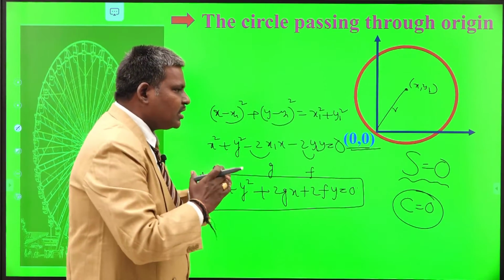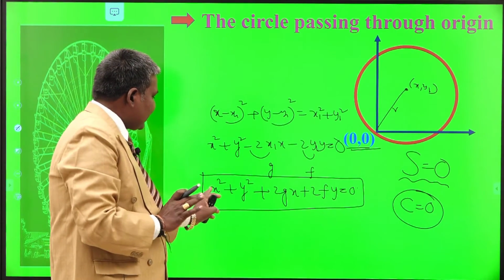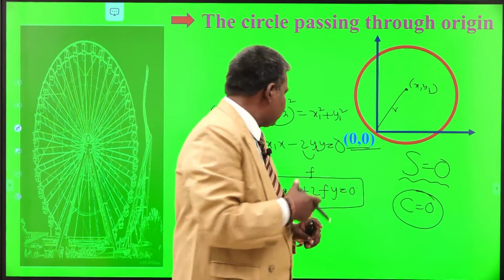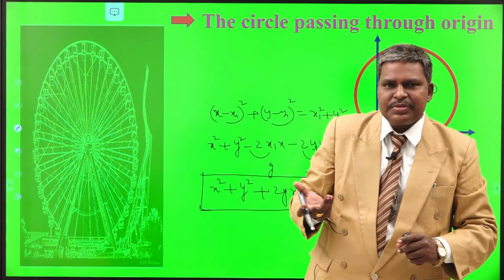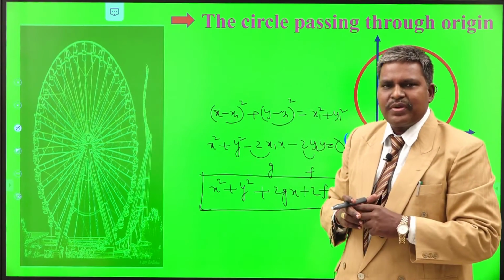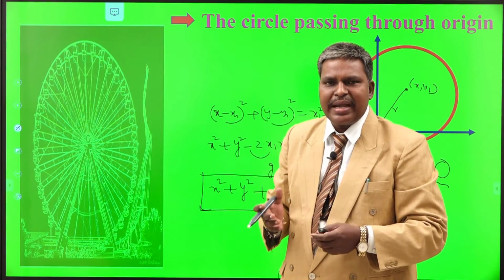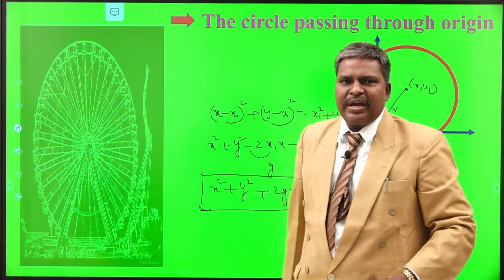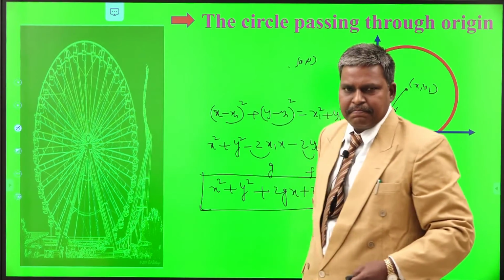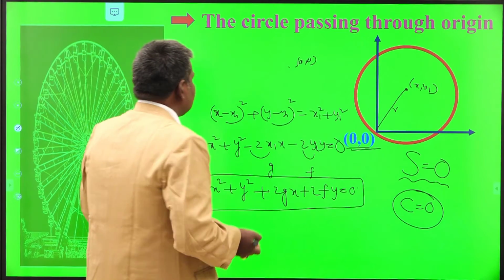No need to guarantee that all the terms x, y, constant will be in the equation. There is no guarantee. But x square plus y square must and should be there. So, in your equation, sometimes x term may be absent, sometimes y term may be absent, sometimes constant may be absent, sometimes x, y, constant may be absent. At that time, what is your equation? x square plus y square is equal to 0. What is its center? Origin, 0, 0. Radius, 0. Just to get the point. That is the point circle having center at origin. This is also a circle I am saying. Right? In this manner, we can discuss the types or the conditions on circles.